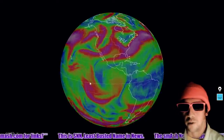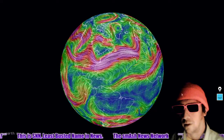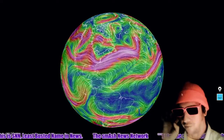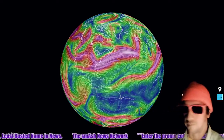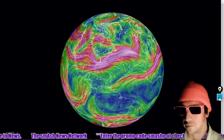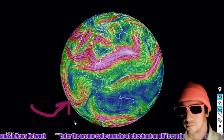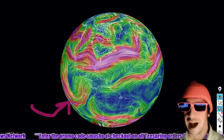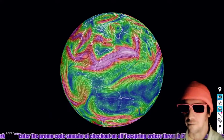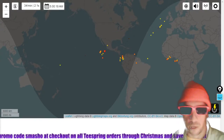Here are the jet streams of the western world, now that we've showed you the eastern world. And check out the extreme meridional jet stream flow over the northern U.S. there. Major kinks in the jet stream, as well as down here, making for some hot weather in southern Mexico. And I'm always interested in where lightning